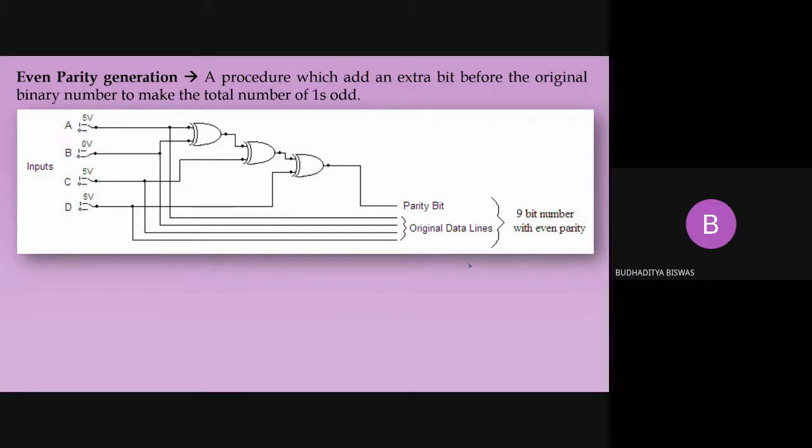Based on the property of the XOR gate, that when the inputs are the same at level it will generate a 0, and when the inputs are different it will give a 1, the parity generator is created. So here you see that 4 inputs are there. A, B, C, D are the 4 inputs, and these inputs need to be transferred over a long channel. So the function of the parity generator is that it will generate one extra bit, and that bit is transferred along with the original data. So how many bits will transfer? Total 5: 4 original data and 1 parity bit. This parity bit is generated by the parity generator.